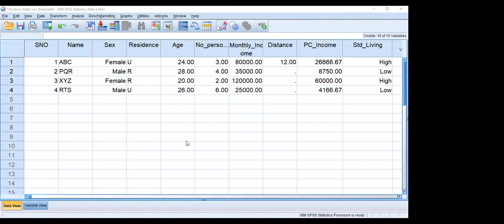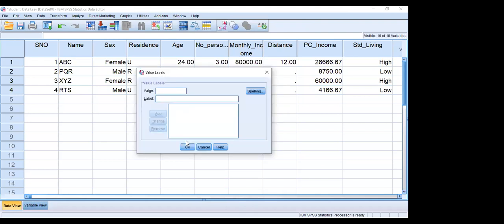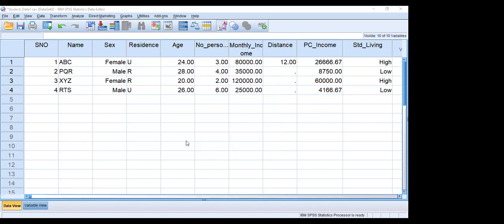Say for example DM, diabetes mellitus. 1 means yes, diabetic; 0 means no. Okay.